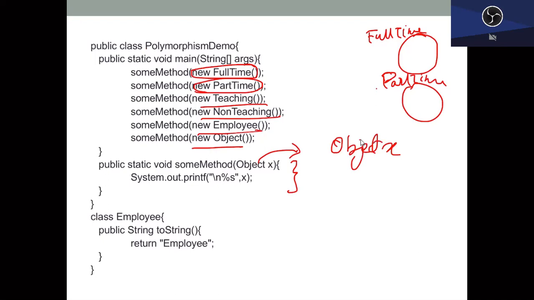Okay, now this class ends here. Now I have the class called employee. In the employee class, I have just overridden the toString method. Remember, the toString method belongs to the object class, and here in the employee class, we have overridden the toString method, and it is returning the string employee. Very simple, that's what it's doing.